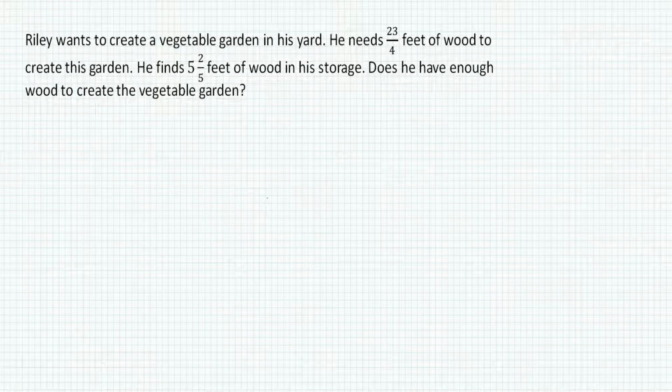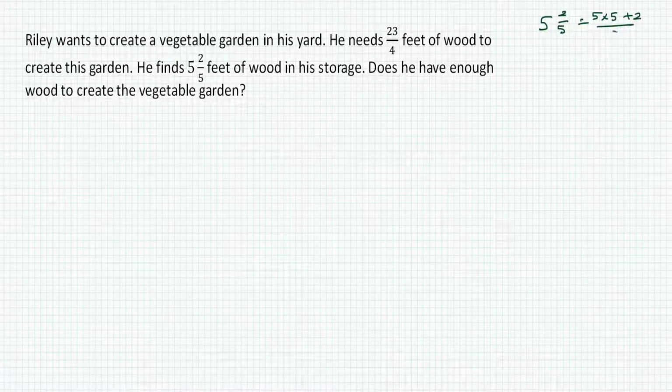The first thing we're going to do here is convert 5 2/5 to an improper fraction. So we have 5 2/5 is 5 multiplied by 5 plus 2/5, which is equal to 25 plus 2/5,